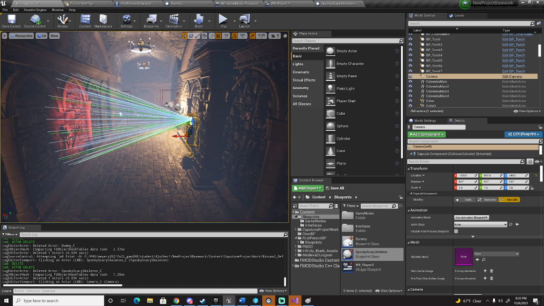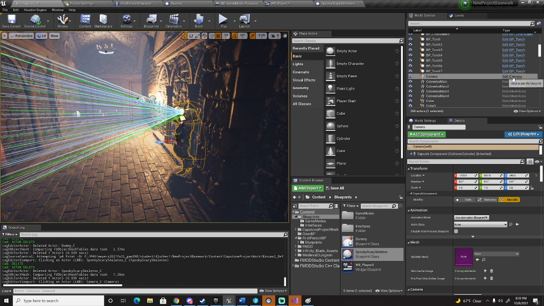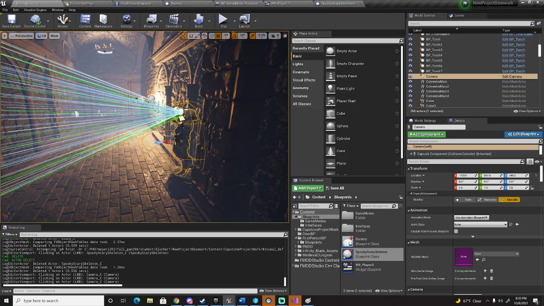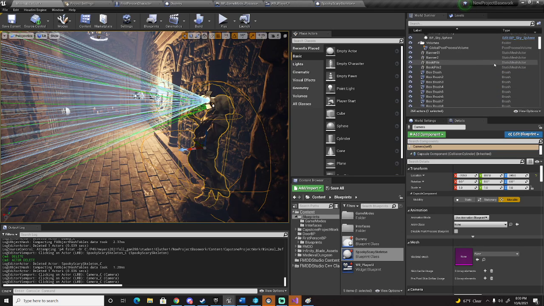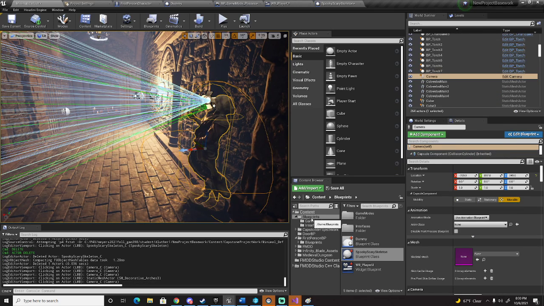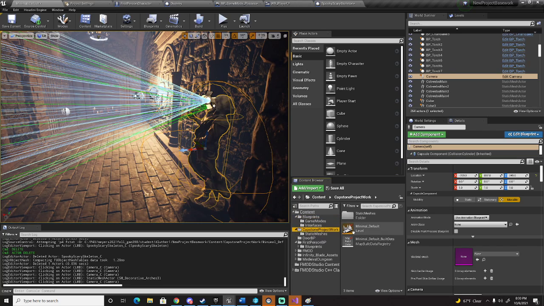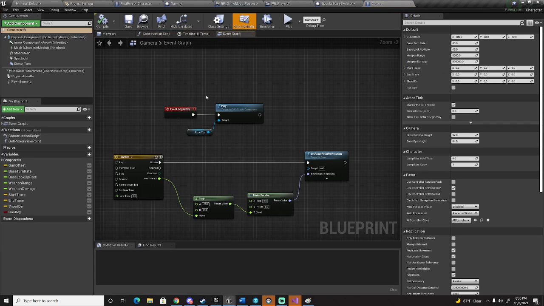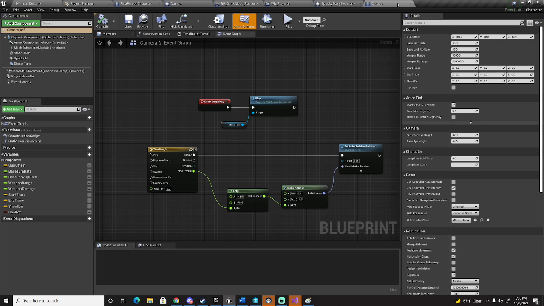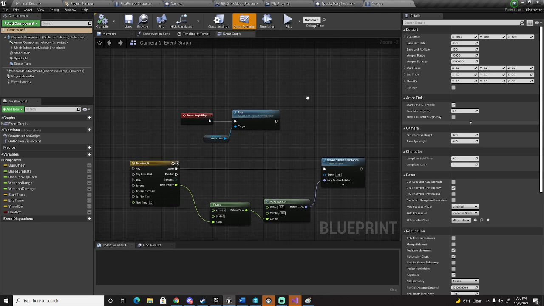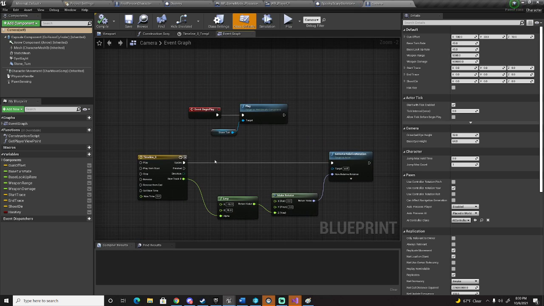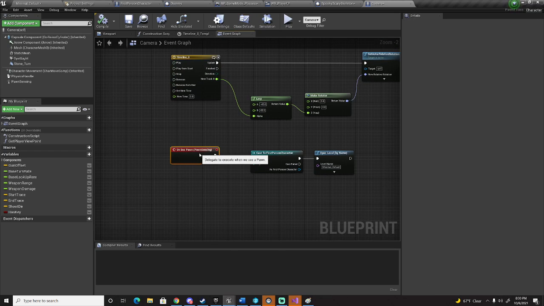Perfect. So is this a blueprint? It does have a blueprint. I believe it's in blueprints. Should be on the first person blueprints. Camera. This camera? There we go. Yeah. I'd probably rename this to something else because there's actually an Unreal class called Camera, but that's fine. But let's say, okay, so